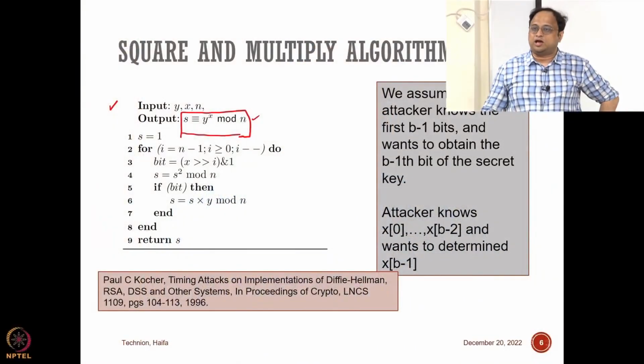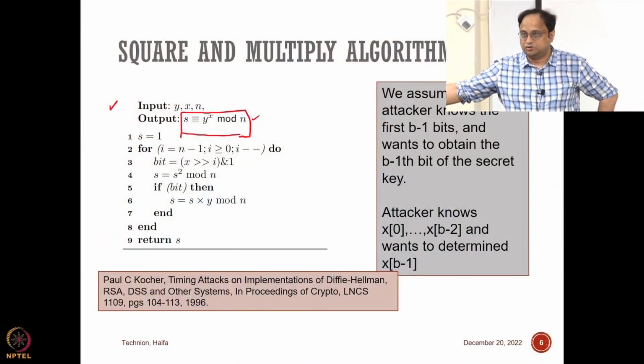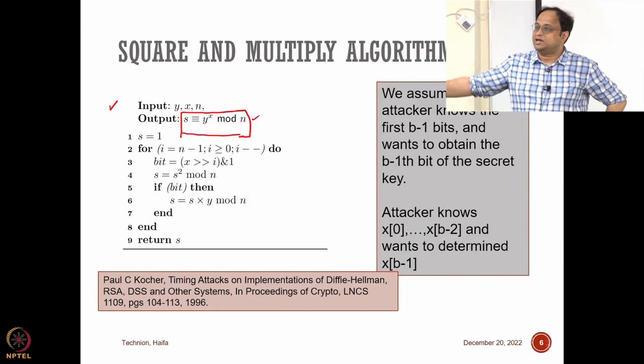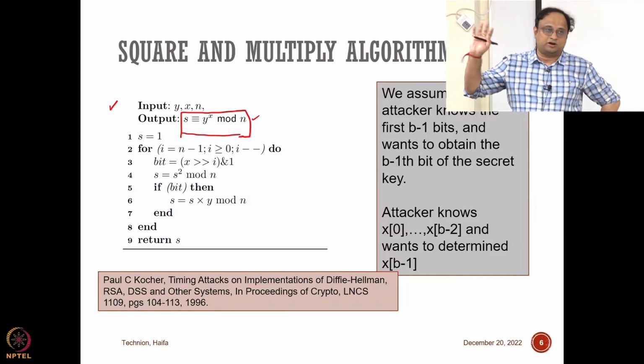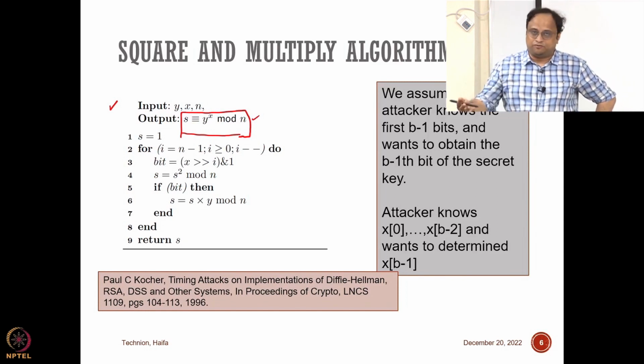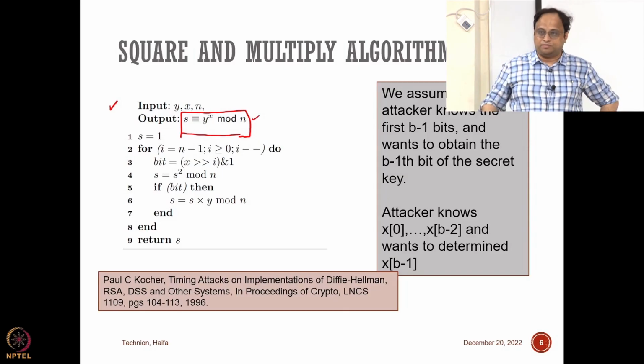And what is that? You cannot multiply y x times. That would be the easiest way to implement it. I will take y and keep on multiplying it x times, but that may require ages, and still I will not see the result in my lifetime. So luckily there is a very nice algorithm that you can get from any standard textbook, maybe from Cormen's textbook